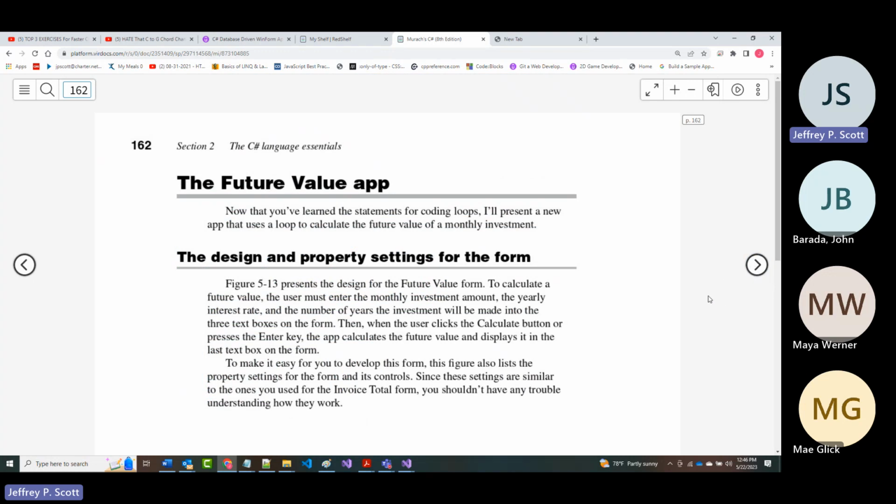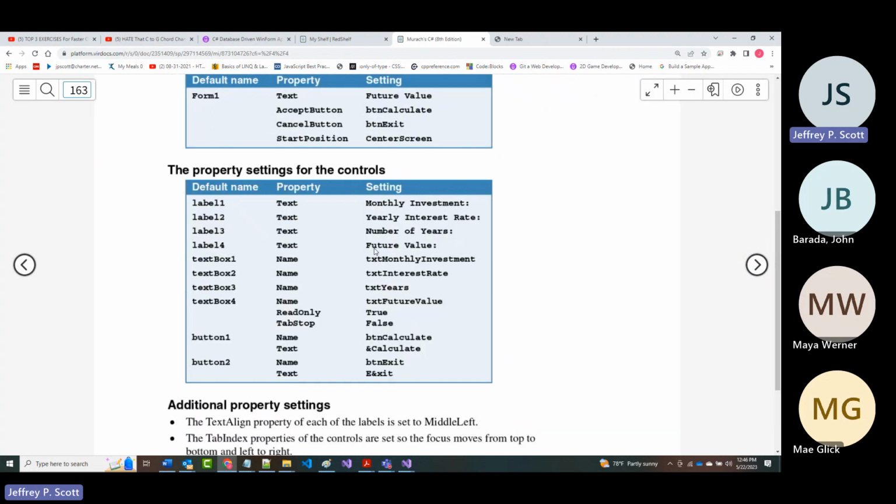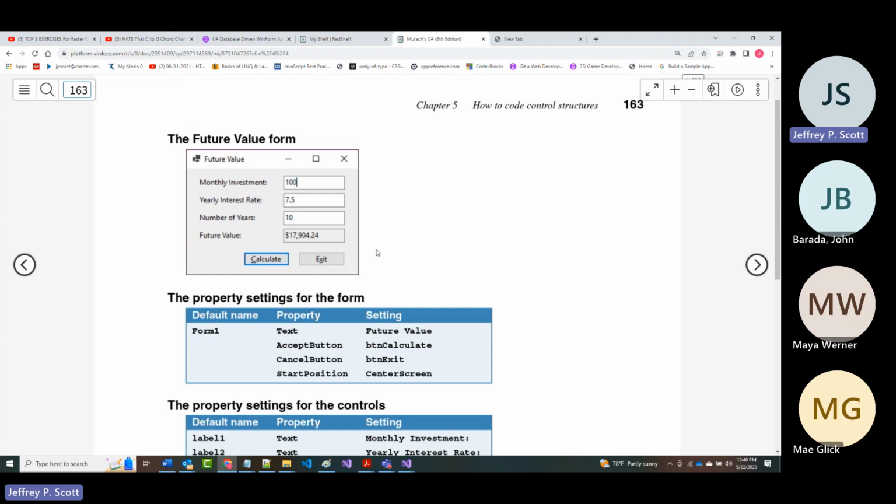All right, the last thing that's discussed in the chapter. So the last thing that I'm going to go over in here is this future value app. Now, this is what it's going to look like right here. I'm going to make this literally in a matter of seconds, or minutes. But this says that if you invest $100 a month for 10 years, so that's 120, all right? So that'd be, I guess, 1,200 bucks. If you had a yearly interest rate of 7.5%, after that 10 years, the value of your money would be